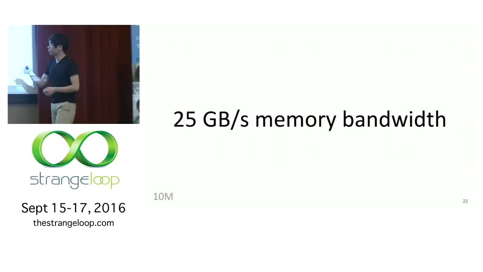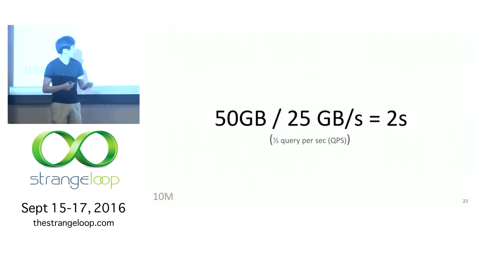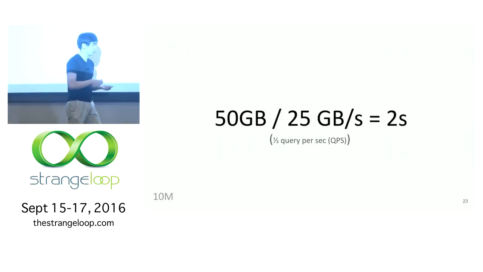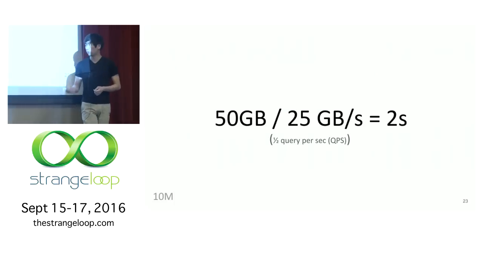The problem is this server, this cheap server, has about 25 gigs a second of bandwidth. So if you have 50 gigs divided by 25 gigs per second, right? That's 2 seconds. And during those 2 seconds, we're using all the bandwidth on the machine. So the machine is totally hosed. You can't do anything else. You can't run other queries in parallel. You can't run any other service, right? This implies it takes 2 seconds to do a query, or 1/2 query per second, 1/2 QPS, if we dedicate the whole machine to this.